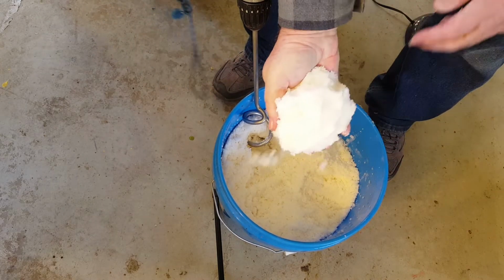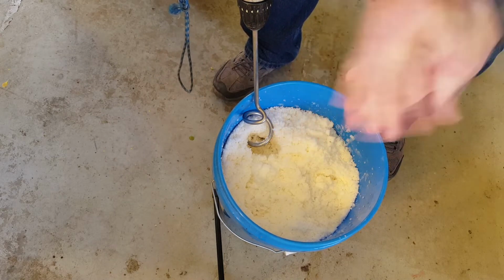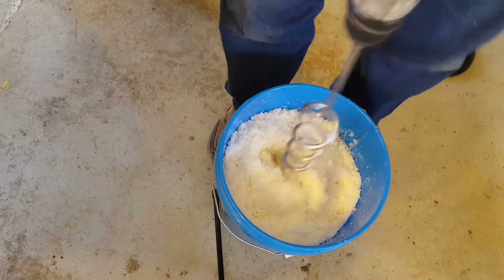That's looking kind of like what I want to do. That's just about right, but I'm going to mix it all up because it's not going to be thoroughly mixed yet, but that top bit is...